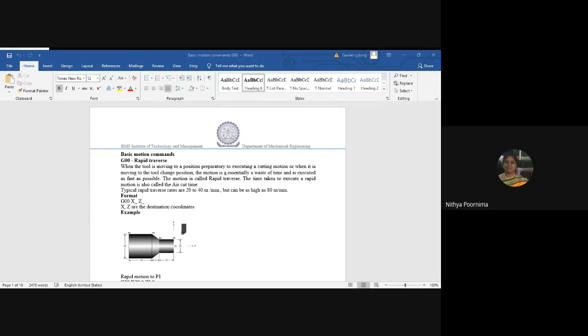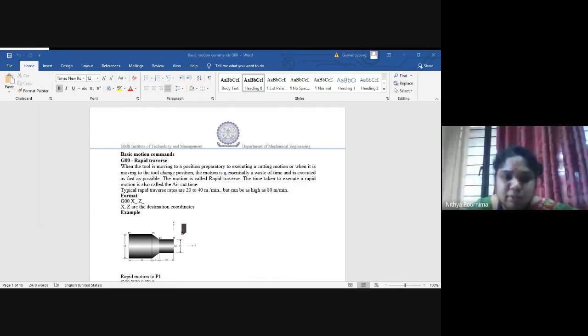Okay, we'll start with the basic G code, G00. What does the G00 code mean? Boys, G00 means positioning. In simple terms, we call it rapid traverse. Now, assume this is the tool. Assume this phone is one cylindrical object.